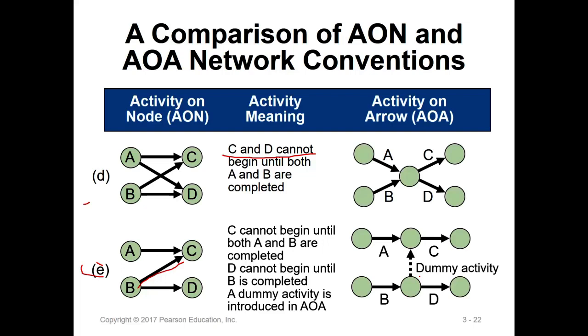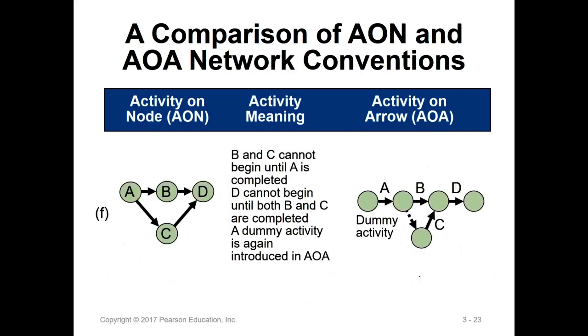The software, Microsoft, they provided a project management software. They didn't use the activity on arrow at all. They use the activity on node. All you see is similar to this. Okay. So for this one, the activity on node for situation F, A, B, and D, they are kind of in sequence. But they add one C over here. A is the prerequisite of C. C is the prerequisite of D. But there's no relationship between B and C. So